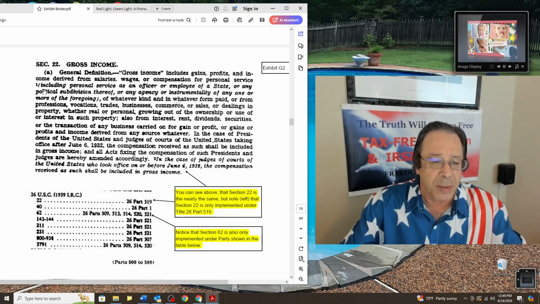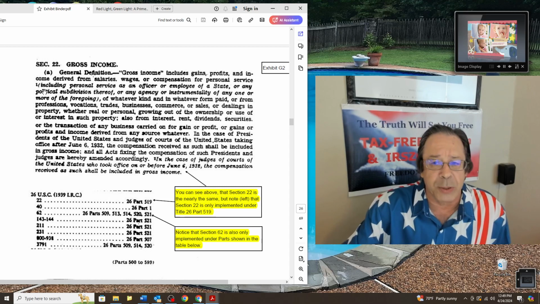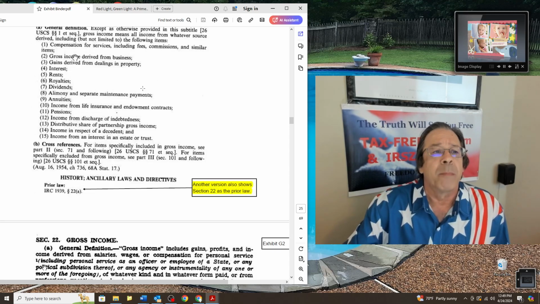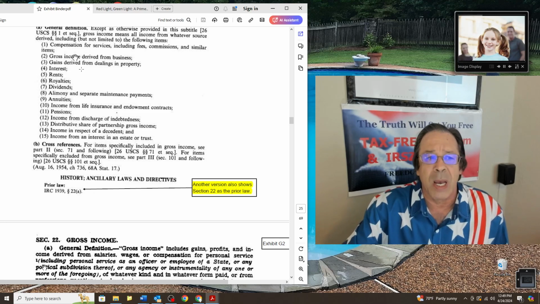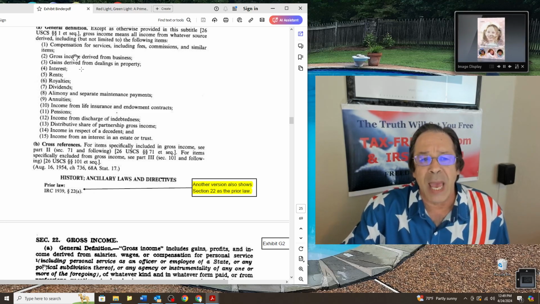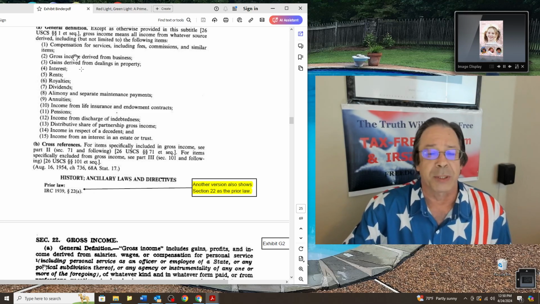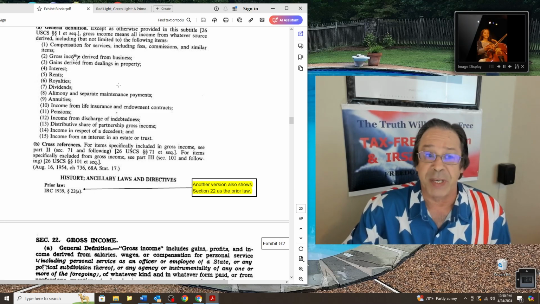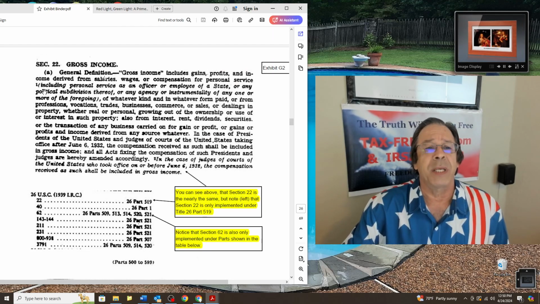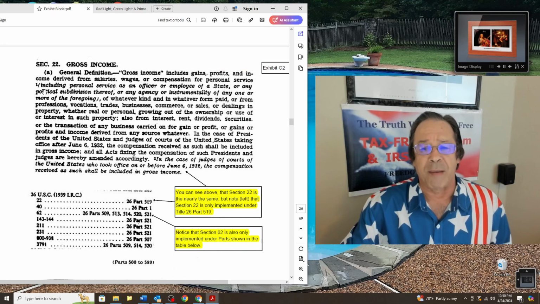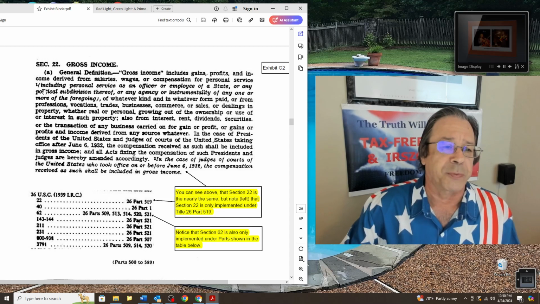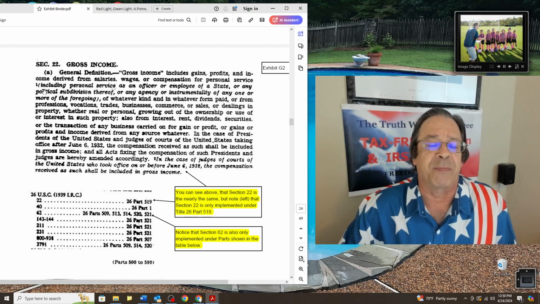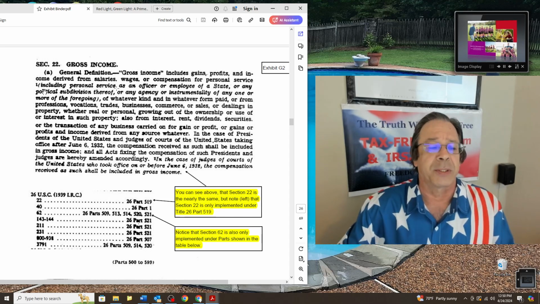The predecessor to section 61, section 22, included salaries and wages, but it was removed from section 61. Now, removing labor of the American people, salaries and wages, can only be earned by individuals, not corporations, and leaving compensation, which can be earned by a corporation, would seem to have some specific intent. What did section 22A do? Why did this tax salaries, wages, and compensation, and why did the government feel a need to remove salaries and wages from the code section when they recodified it in 1954 from 22A to section 61?